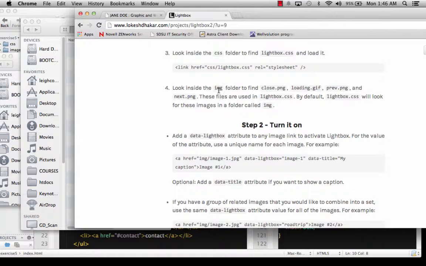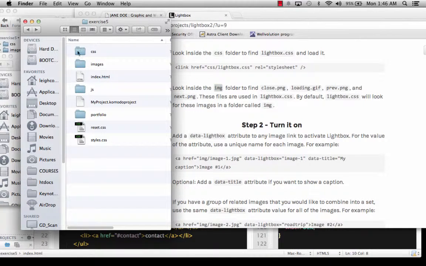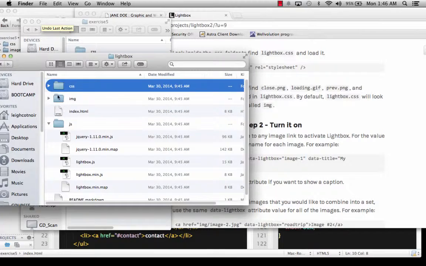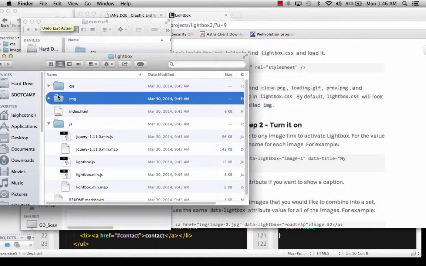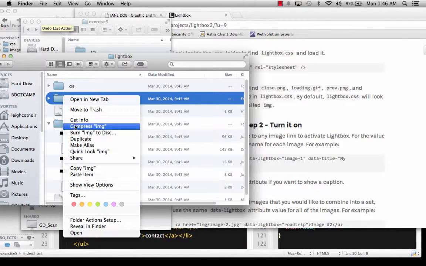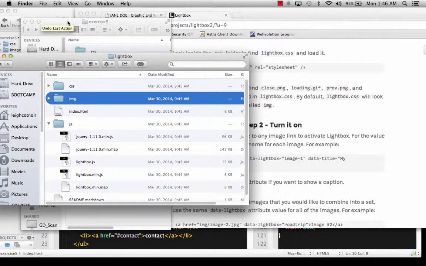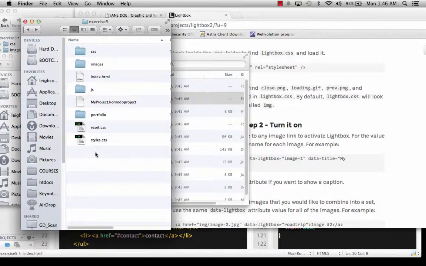So, he's saying look inside the IMG folder to use that. If you want to be, again, really succinct and simple, we're not using any kind of folder called IMG already in our system. So if you want to go over to his system and just take this whole IMG folder, copy it,